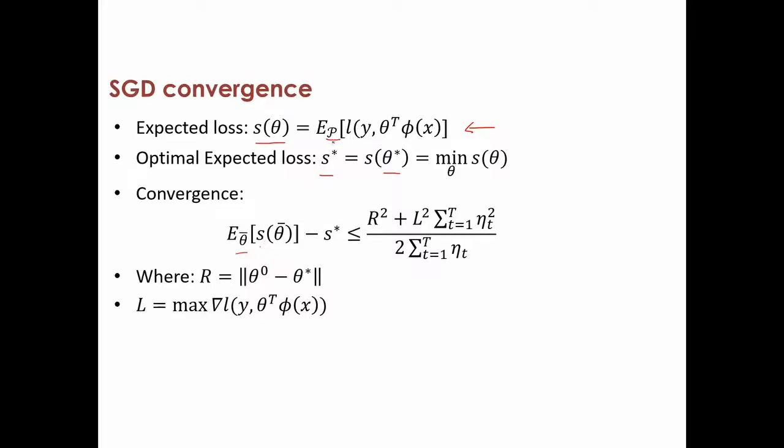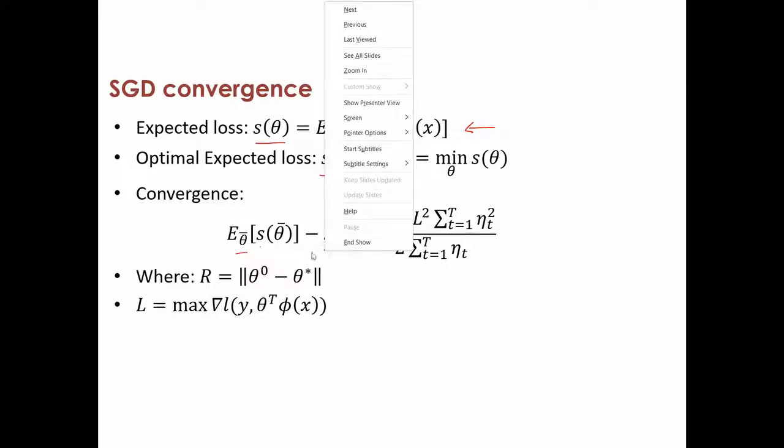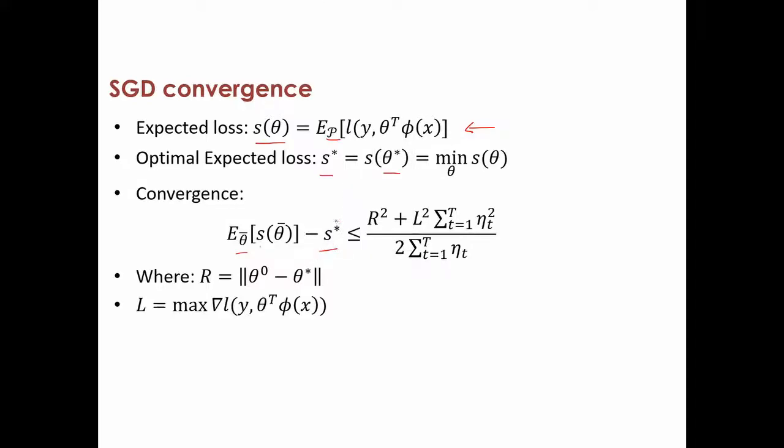One is an inner expectation over P, another is an outer expectation over theta bar. If we look at that and compare that to S star, then what we can see is that